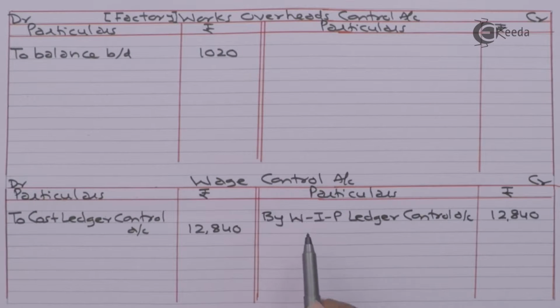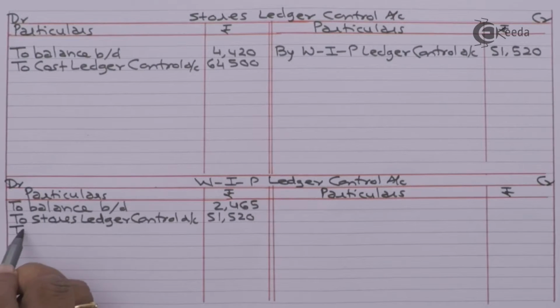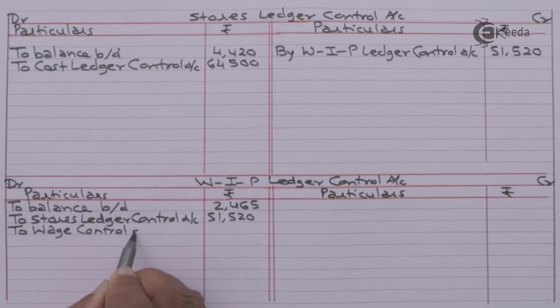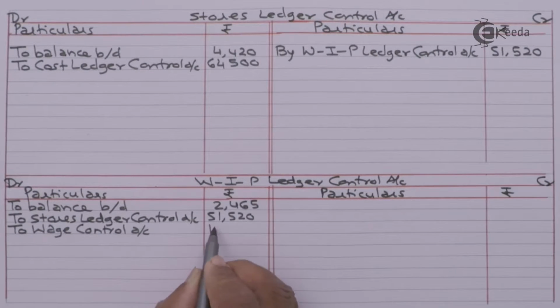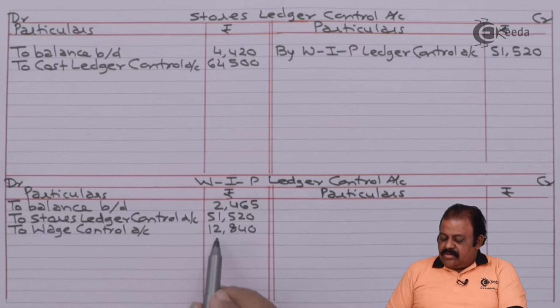Wage control account we have credited by work in progress ledger control account 12,840. Work in progress ledger control account debit to wage control account